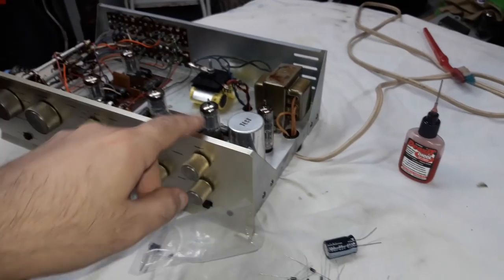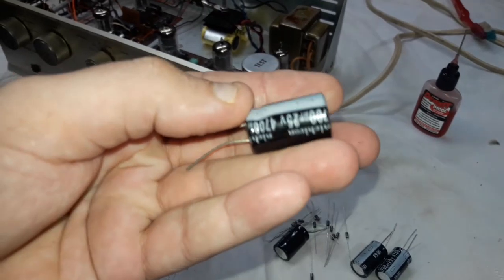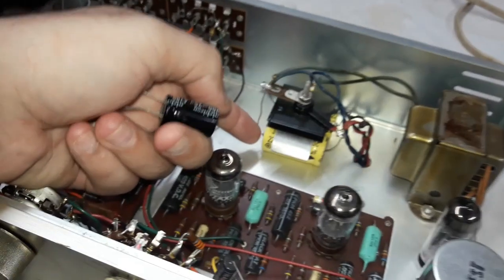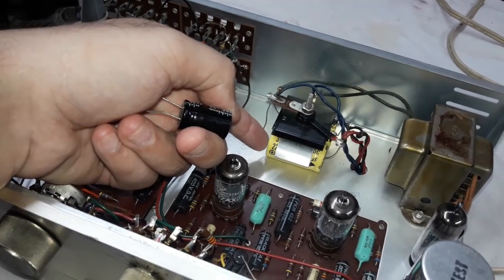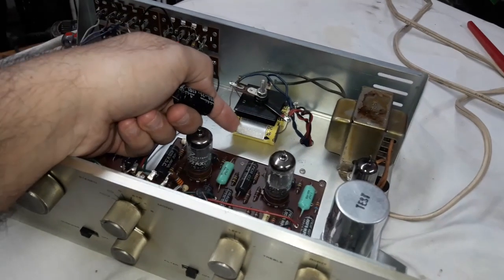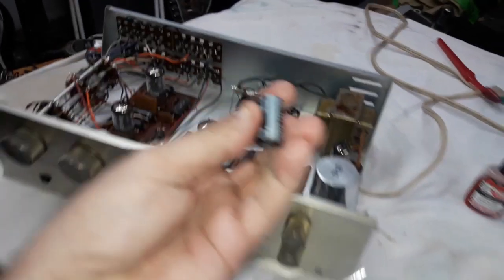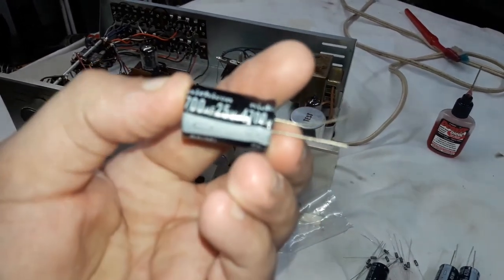Okay, on my way home from picking up this preamp, I actually stopped in my little local electronics store and I picked up these capacitors. These are suitable or even upgrade capacitors for these yellow ones here, which are doing the job of DC conversion for the tube heaters, changing from AC to DC. So these may be old. I again haven't checked to see if they're leaking like this one. This one looks good, but this is basically what the replacement would be, and it's actually an upgrade because it's